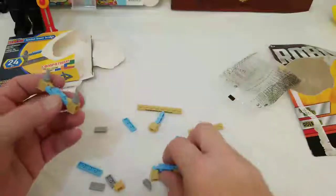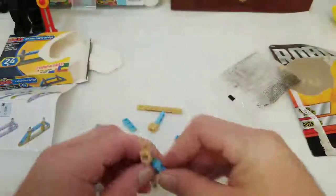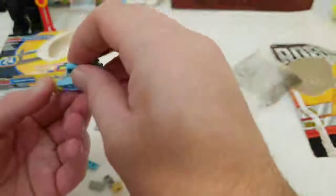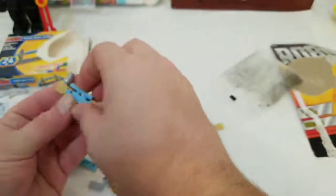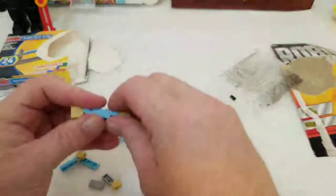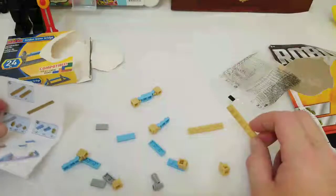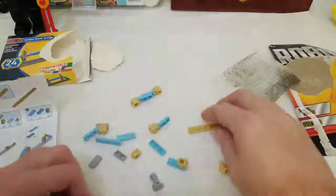Okay, oh wait, I think I made a mistake. I got a little too ahead of myself. So, and I think, if I'm not mistaken, this goes on top of this. Okay, well, I lost one of the little things there. I'm not going to go nuts looking and diving for that. So, just not doing it. All right, so step one. So we get this, and this. Okay, so right here,